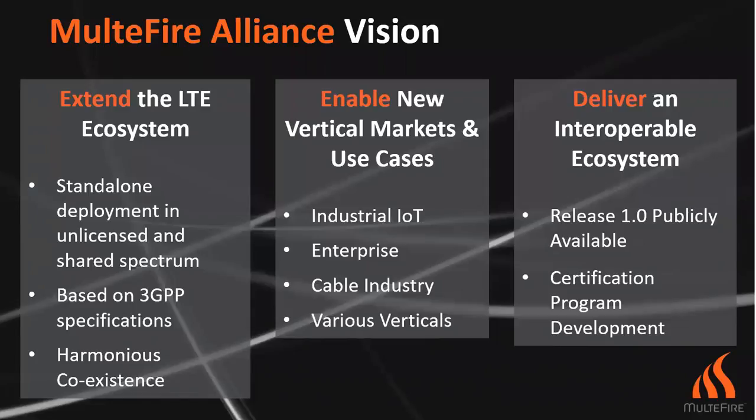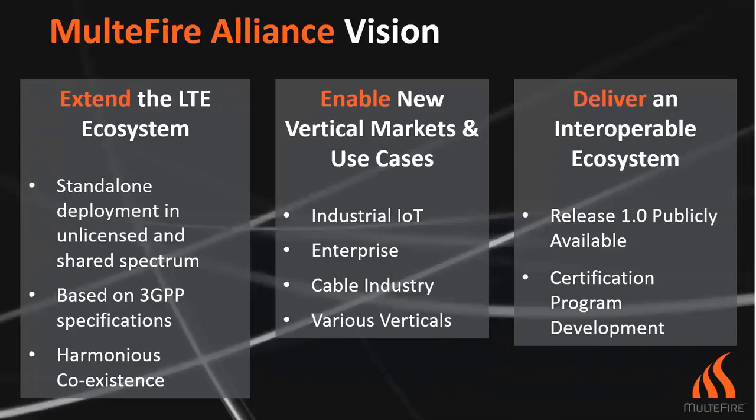The goal of the Alliance was to put together like-minded companies to basically have LTE running in unlicensed spectrum band without the necessity of having a licensed anchor. That was the whole objective initially back in late 2015. So the goal here was to put together a specification in an industry body to deploy an end-to-end network based on MulteFire, which is running LTE in unlicensed spectrum. As things progressed, we also looked at additional spectrum bands, such as shared spectrum, which I'll touch on as well.